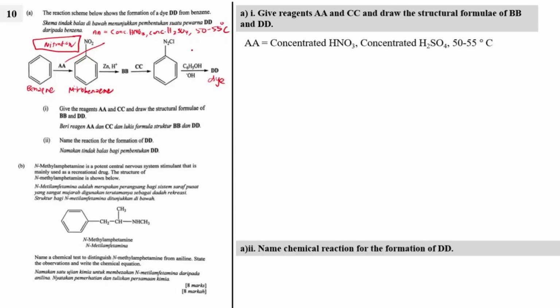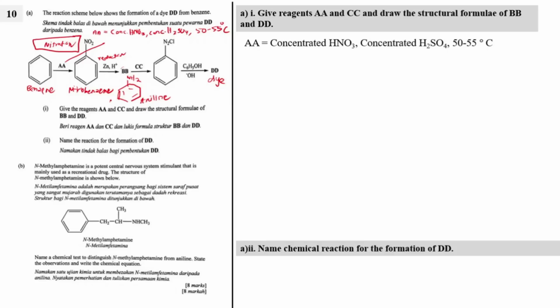For the condition of A, we need to state all of this in order to get 1 mark. So concentrated HNO3, concentrated H2SO4, as well as the temperature of 50 to 55 degrees Celsius. And then we need to determine C, which is here. Before we can determine C, we need to determine what B is first. From the nitrobenzene, zinc and H+ here will allow the nitrobenzene to undergo the process of reduction. So nitro will be converted into amino group. So benzene ring